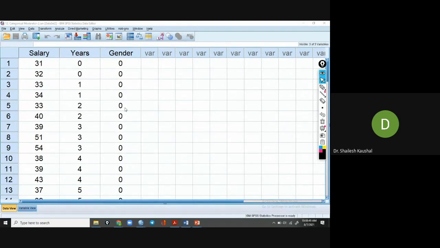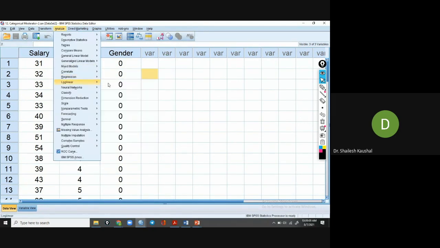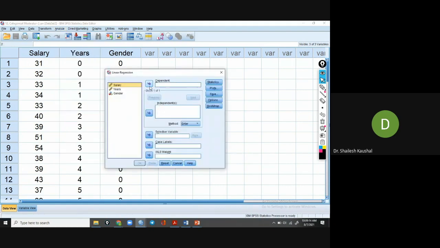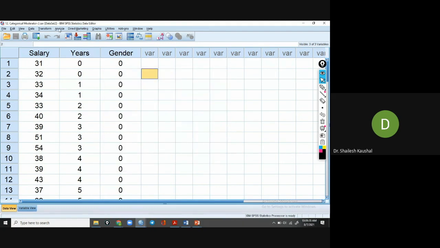We want to know whether the relationship between salary and gender is significant or not. How will we check it? Through an independent t-test, because we are comparing two means.